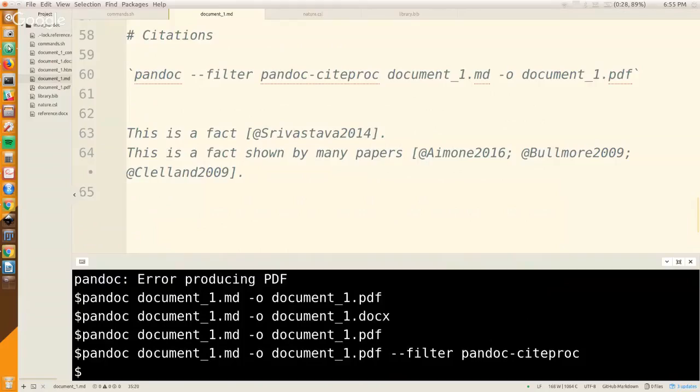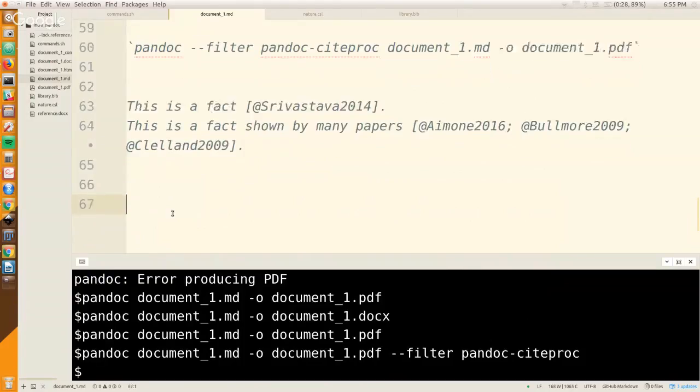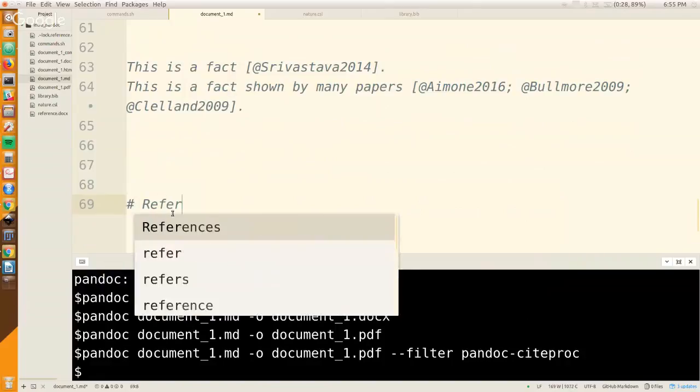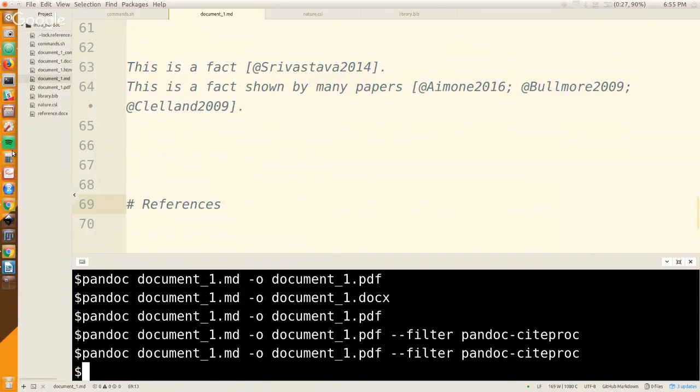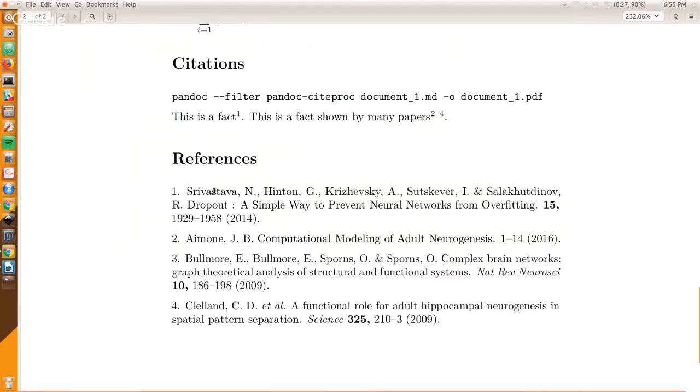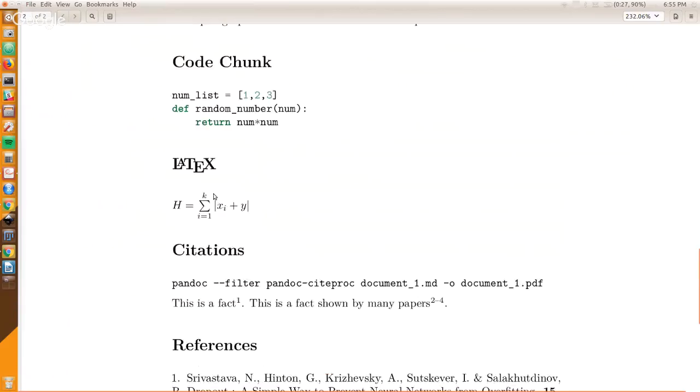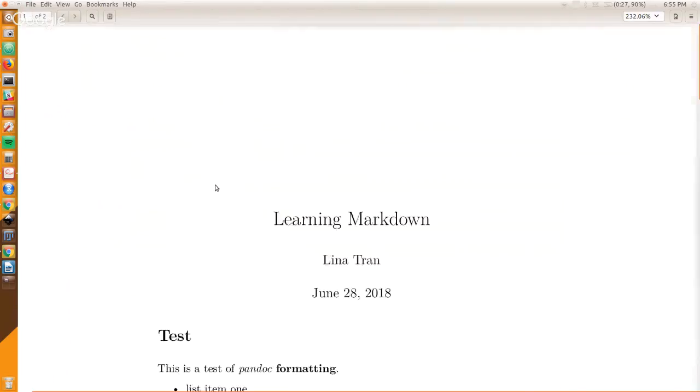So one thing I like to do is in my documents, I always have at the very end of everything, I'll do a header and the word references, because it'll put that right at the end before it puts the references. We'll do that again, and then it'll look nicely like that. So then you sort of have this document with all the things you want in it, a title,